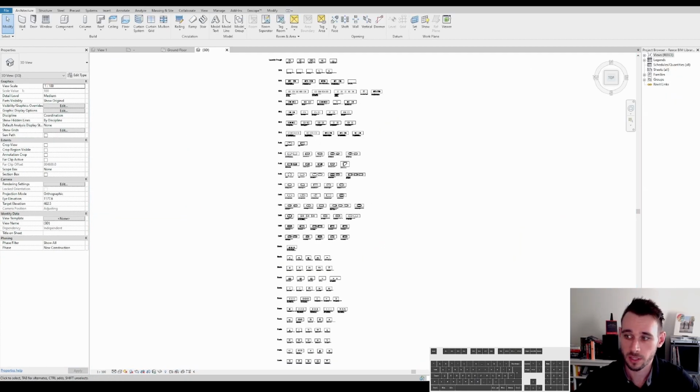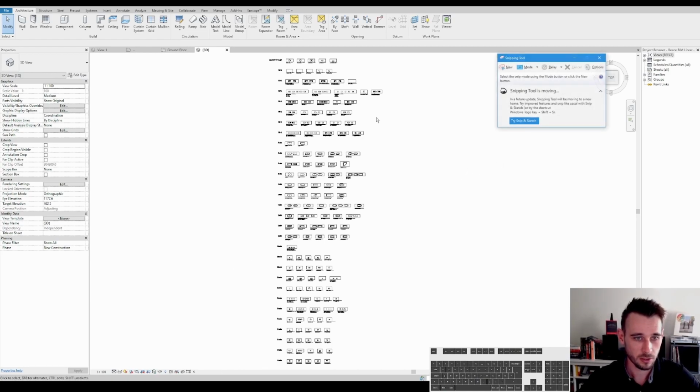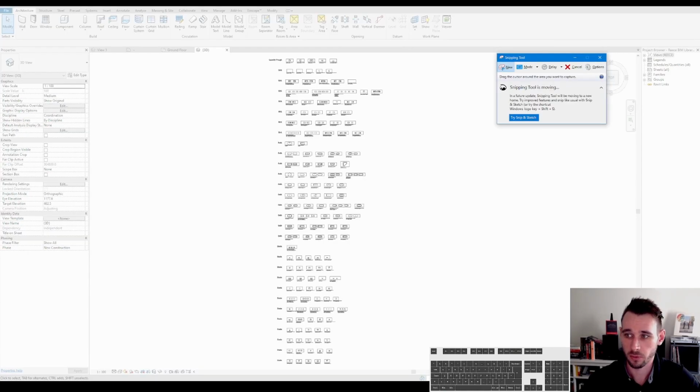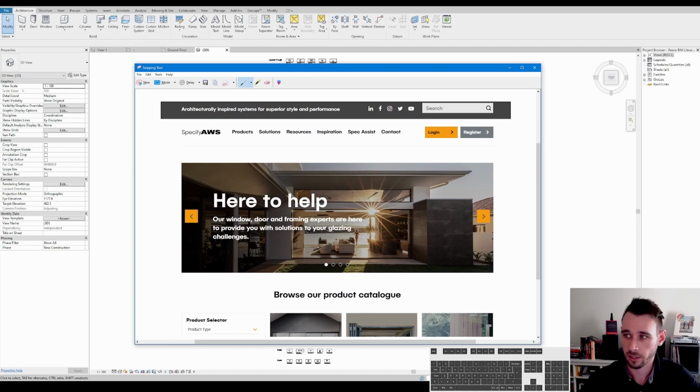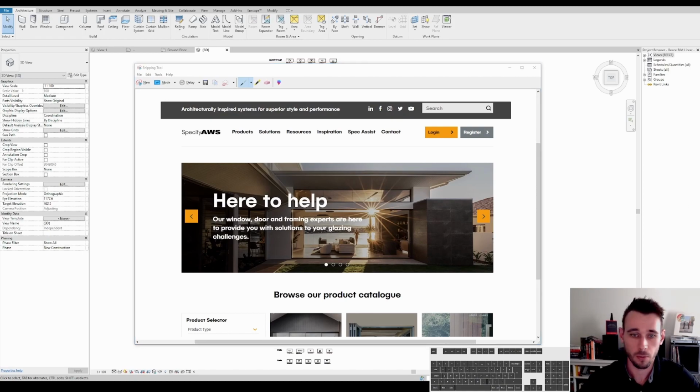For windows, there's a website called AWS Australia, which is like Architectural Windows Systems Australia. You have to make an account with them, but some of the Revit families that they have are some of the best I've ever found. So that's what this looks like. It's a fantastic website. We've got BIM objects,